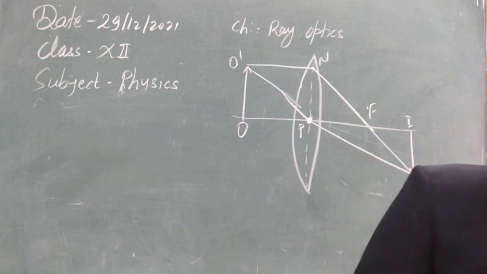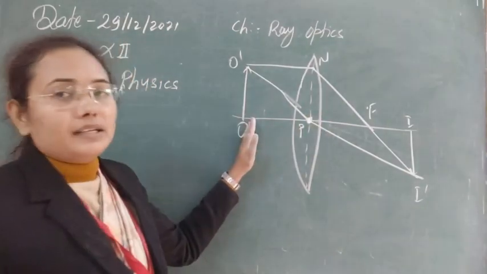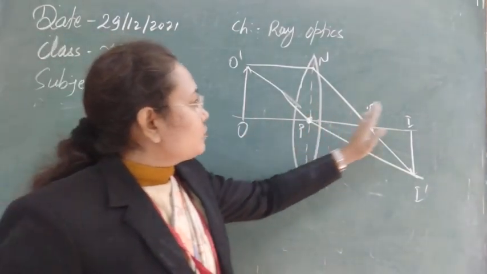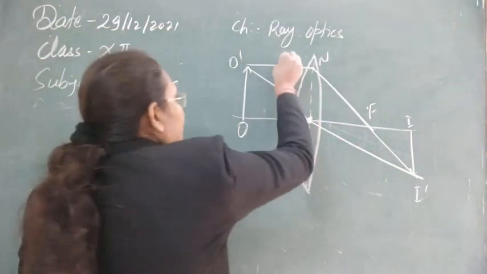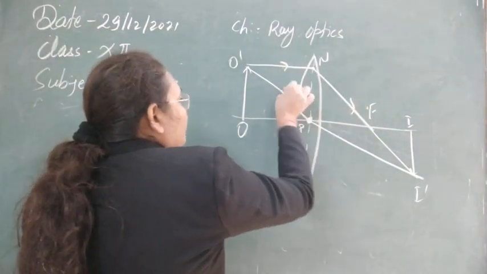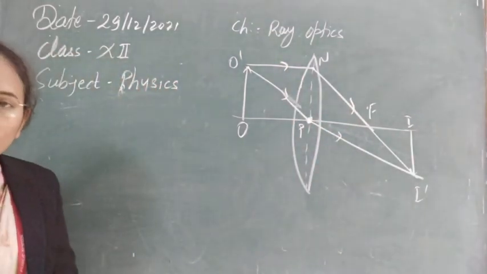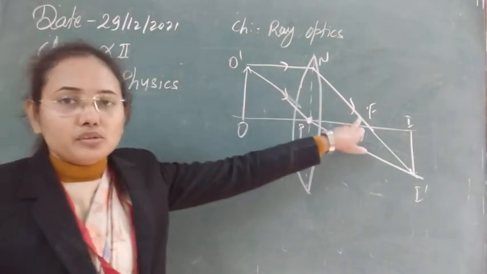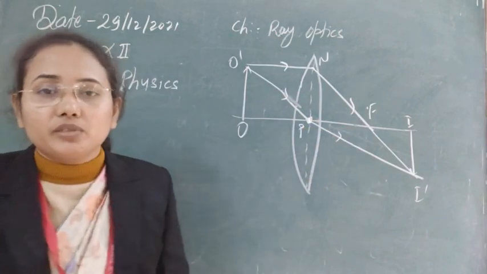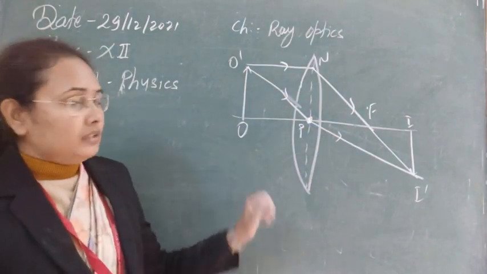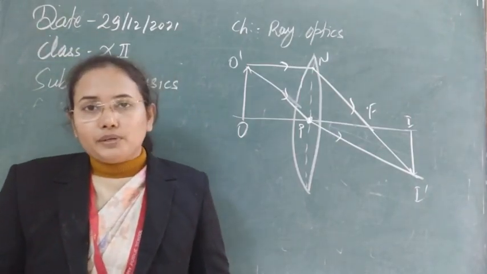I think this is first of all clear. Now obviously the distance of P from O is the object distance, and the distance of I from P is the image distance. Whenever you are making a ray diagram, you have to keep this factor in mind: from where to where the ray is going, you have to show it by arrows. These are very important in ray diagrams, or any kind of diagrams, where you have to show the direction.